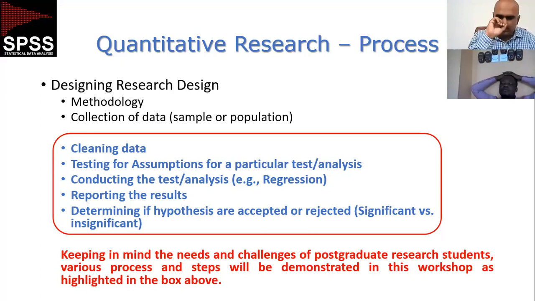That means we have to design the whole plan: my research will be quantitative, and within quantitative, I'll be collecting cross-sectional data, and within cross-sectional, I'll be doing longitudinal sampling, or I'll be doing convenience sampling or purposive sampling, right? And my sampling technique will be this, and my collection of data will be this kind of thing. And the data I'll be collecting from these respondents, and the data I'll be collecting using this instrument such as a questionnaire. All these aspects are part of research design,